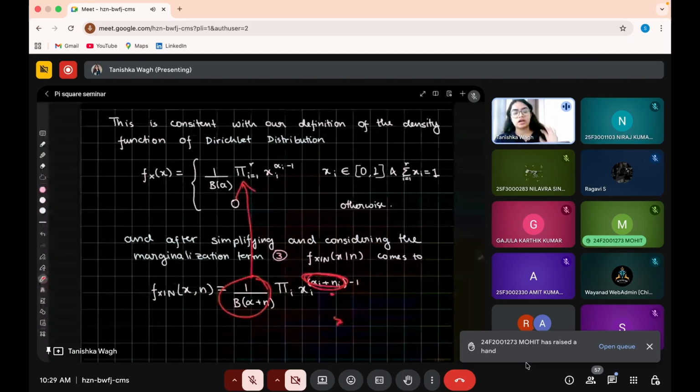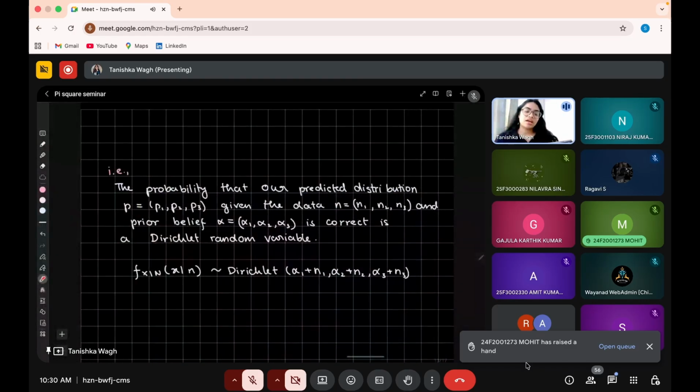plus the new data. And so we can finally say that the probability that our predicted distribution, which is P, this can be, again, like I said, mean, median, mode. You want to make your own probability distribution, or assume different distributions, the world is your oyster. You can do whatever you want, as long as P1 plus P2 plus P3 equal to 1. This is not necessarily the mean. So the probability that this distribution, given the data that we've seen and our prior beliefs, is correct, is